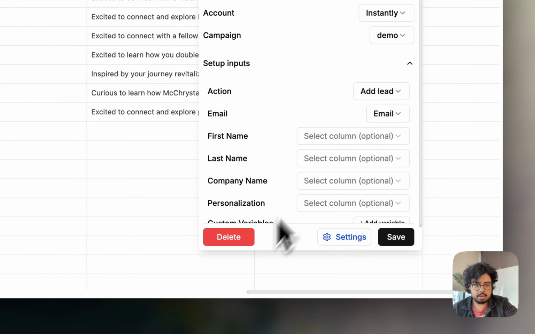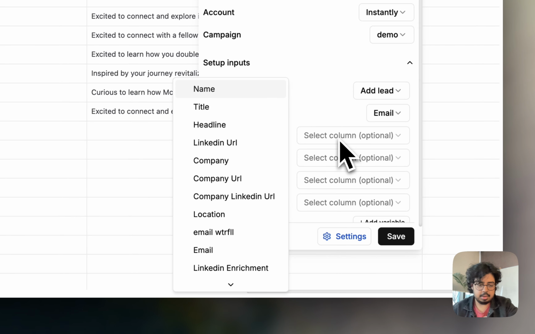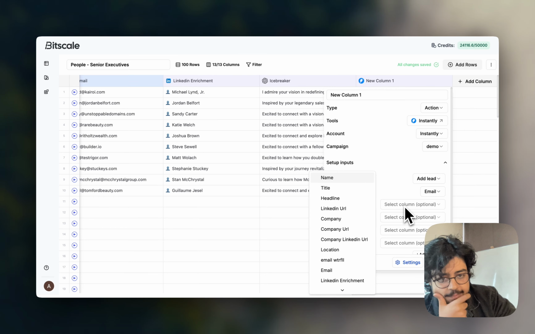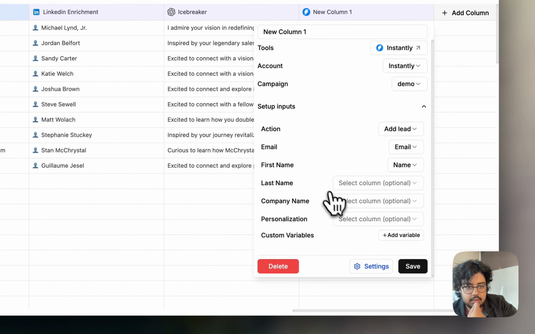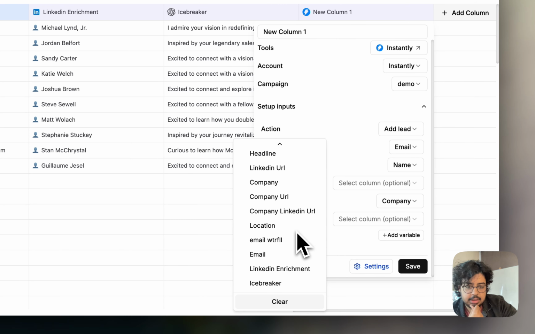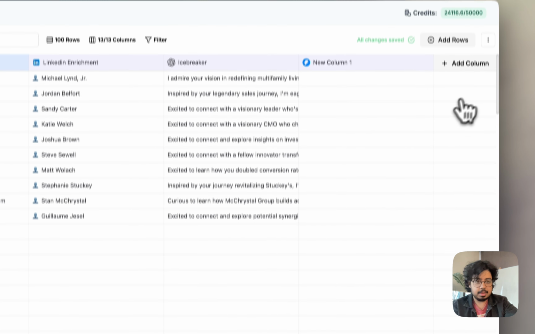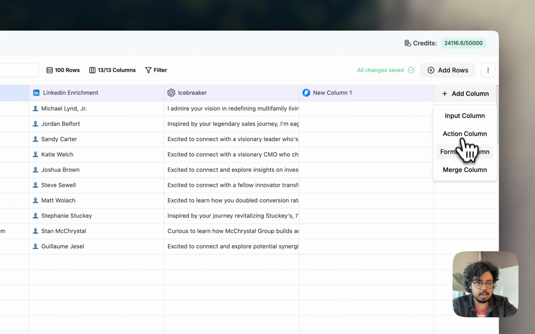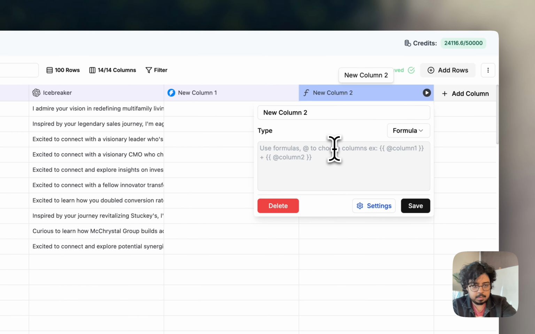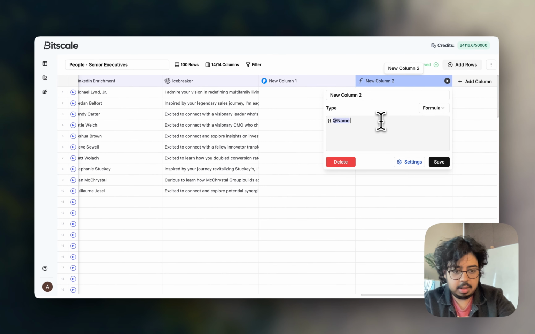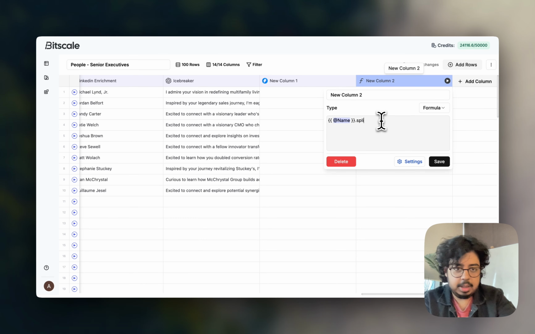Email is right here. First name, I didn't really set up a different one, let's just pass name for now. All right, company name here, personalization icebreaker. Right. As a matter of fact, let me split the full name into first name and last name as well. I'll just create a formula column for this. Add name dot split. I'm splitting on the basis of